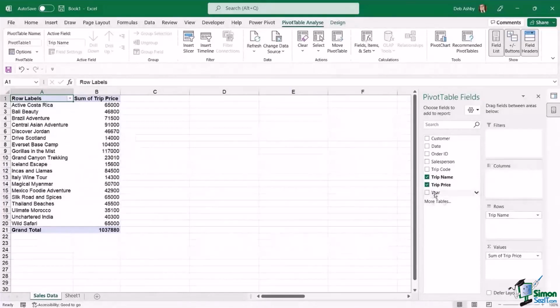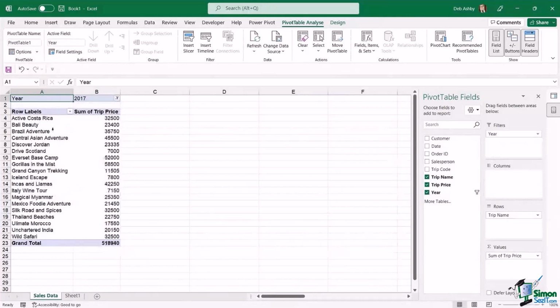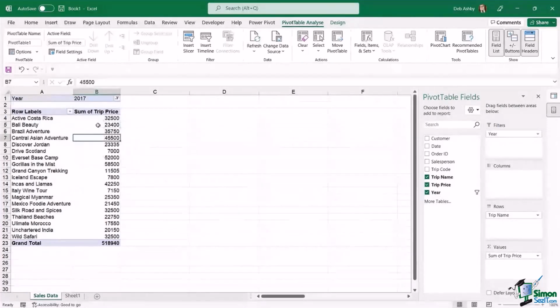If I want to apply a filter by year, I can drag the year column up to filters, and then if I'm just interested in 2017, I can choose that way. The final thing I want to show you is what happens when we want to add 2019's data to this